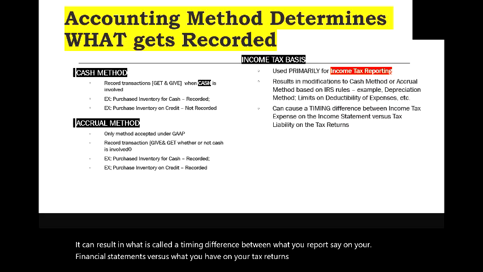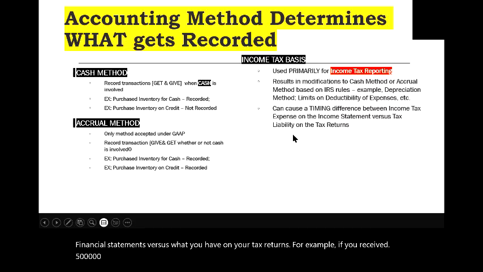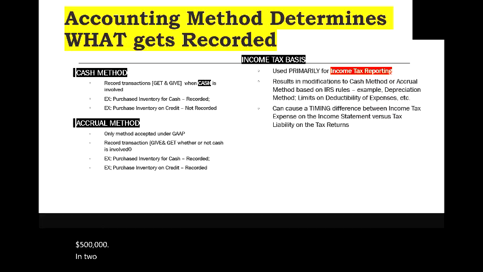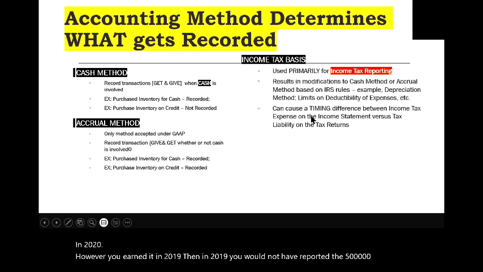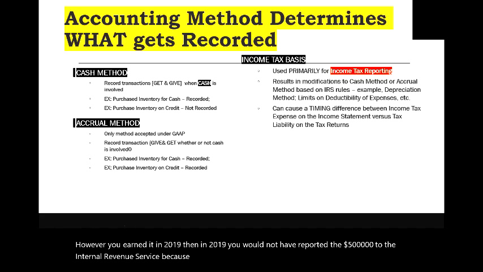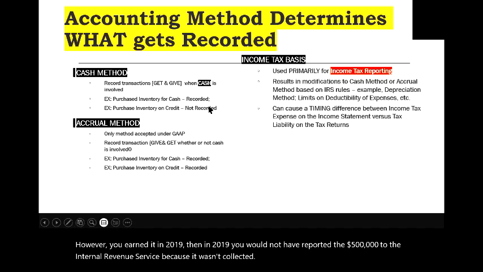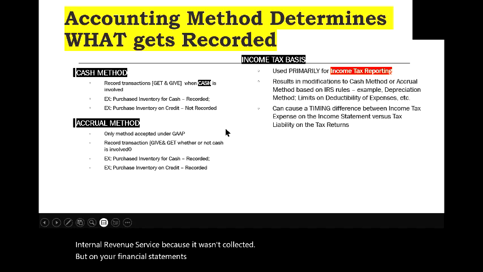For example, if you received $500,000 in 2020, however, you earned it in 2019, then in 2019, you would not have reported the $500,000 to the Internal Revenue Service because it wasn't collected. But on your financial statements, you would show that you are owed